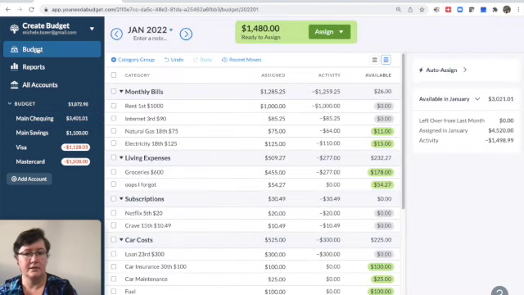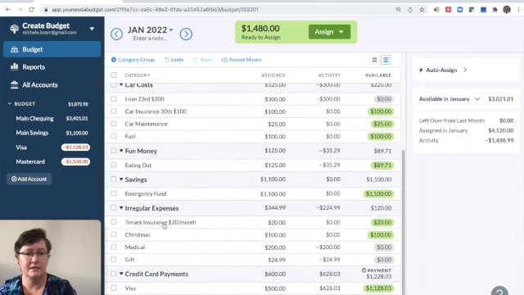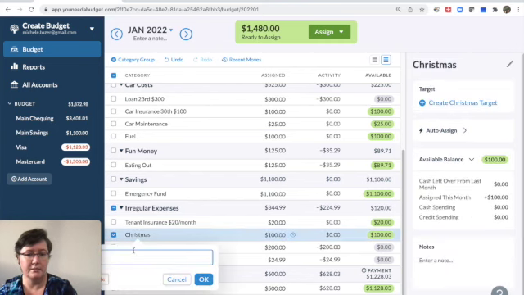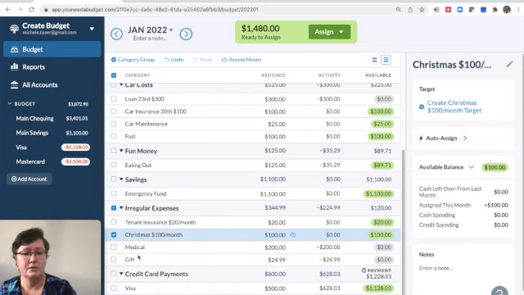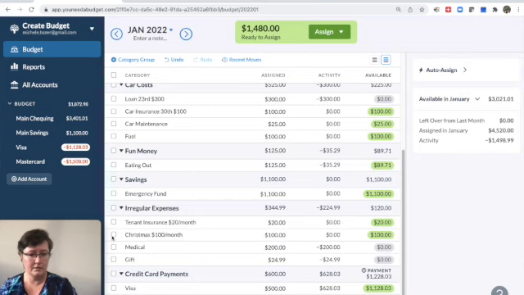And we come back to the budget and we'll just scroll down and we can see that our tenant insurance is here. So that's the same thing like we've done here with Christmas. We've started that a little bit and we're just going to add there $100 per month as well. So those are things that happen on an ongoing basis. You know what's going to happen. You know when it's going to happen. You have a good idea of what the cost is going to be. You can put those and you can start making those savings.